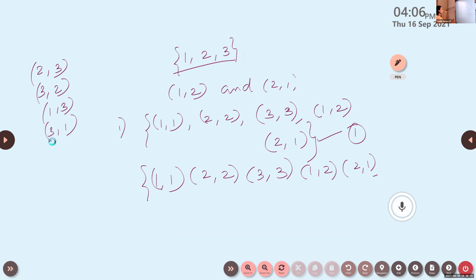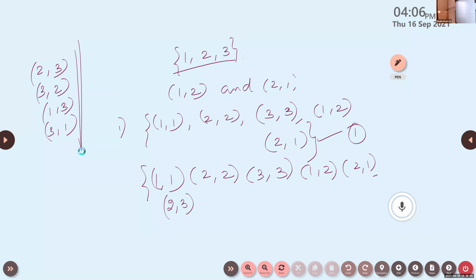Now suppose I include 2, 3. Suppose you include any one of the elements, 2, 3. Now, will it be reflexive, symmetric, and transitive? So now these 4 elements are left out. Total, there are 9 elements. You take one element, substitute it and check. Is it reflexive, symmetric and transitive? If I include 2, 3, will it become reflexive? Yes.